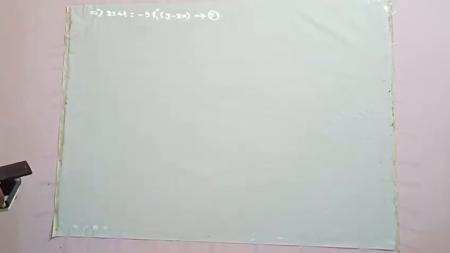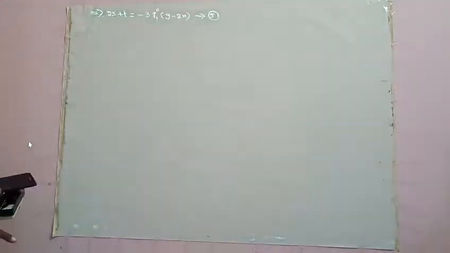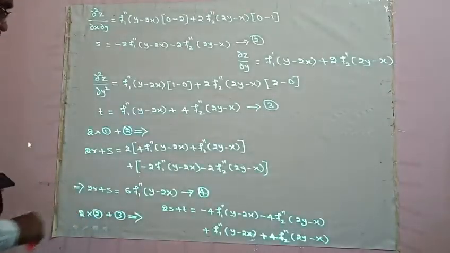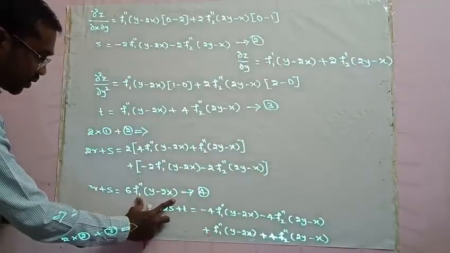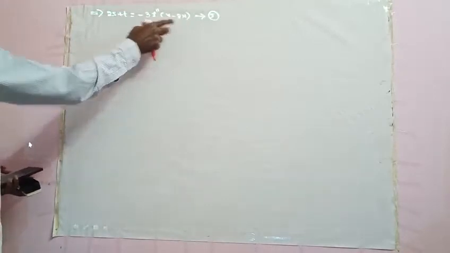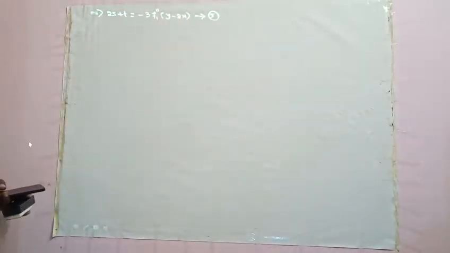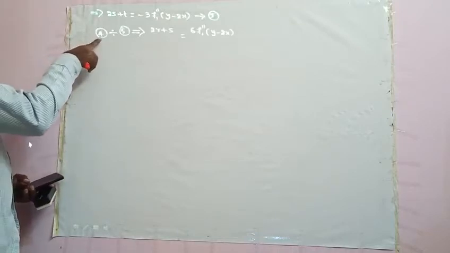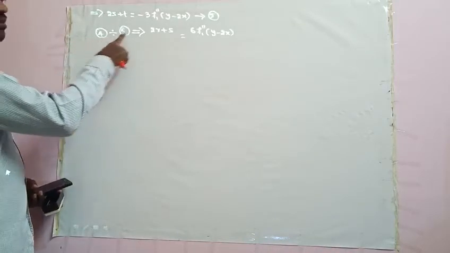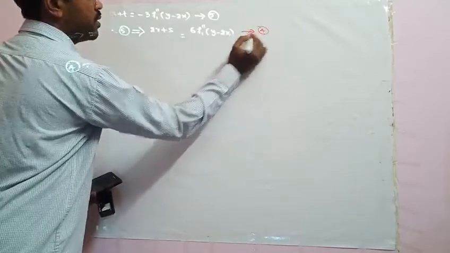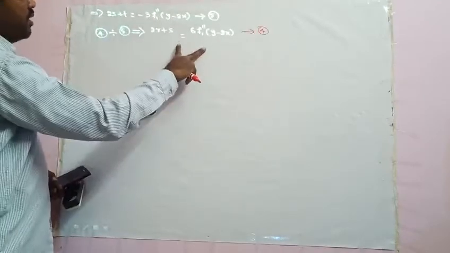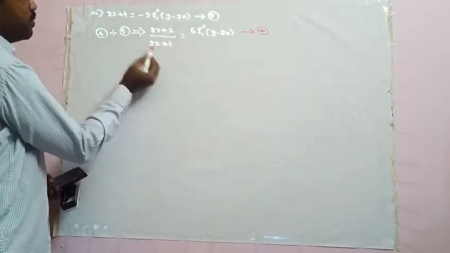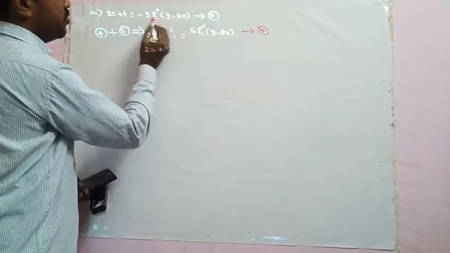We got equation 4 and equation 5 here. If you observe equation 4 and equation 5, this term is same in equation 4 as well as in equation 5. So how do we cancel those two terms? By dividing. Let us see. If you divide equation 4 and 5, 4 by 5, this is your equation number 4. Now what we are doing? We are dividing this 4 by 5. Divided by 2s plus t divided by RHS of 5.